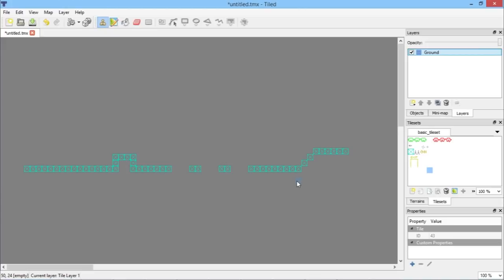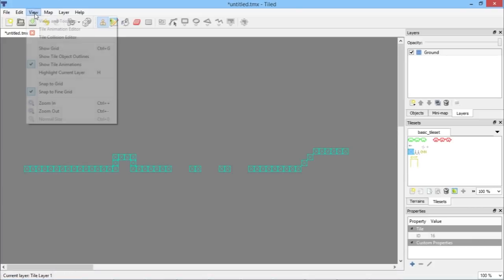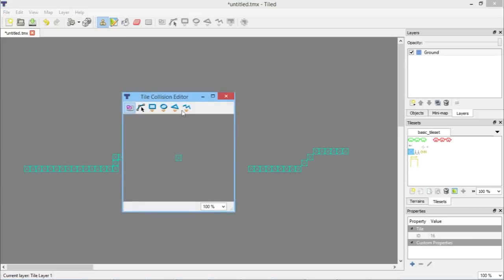We want the player to be able to collide with the ground, and the way to do that within Tiled as well, it's just very simple by setting the collision properties of whatever tile you want to have collision. So if we go up here, View, Tile Collision Editor, and if you hold Control